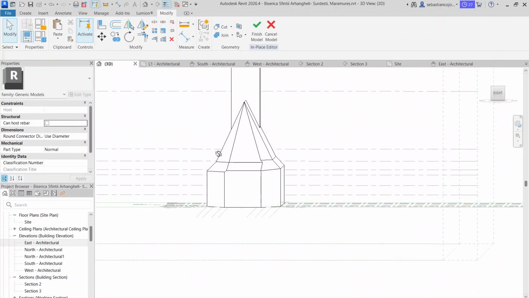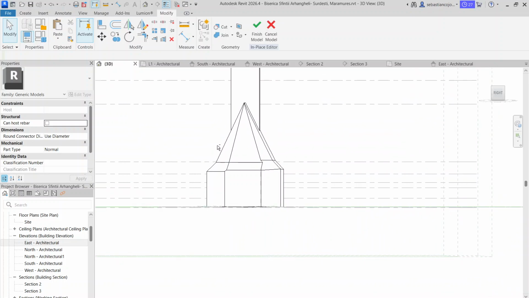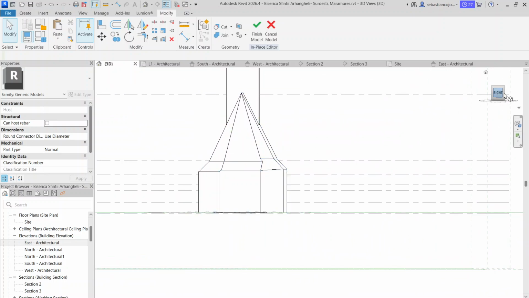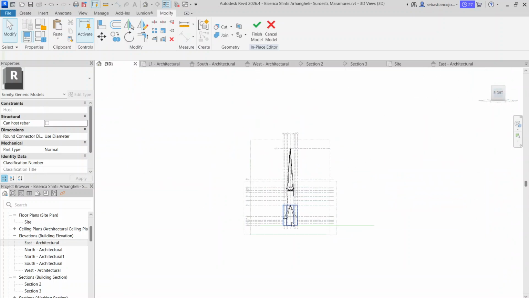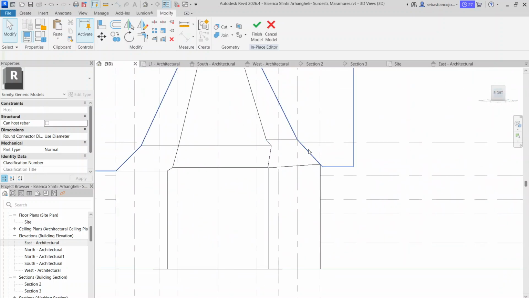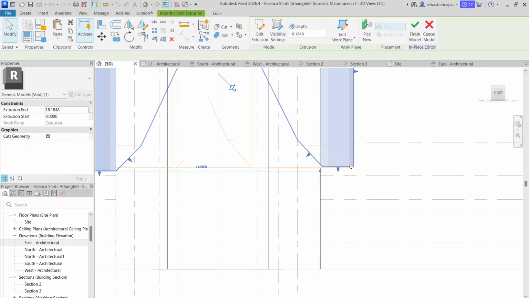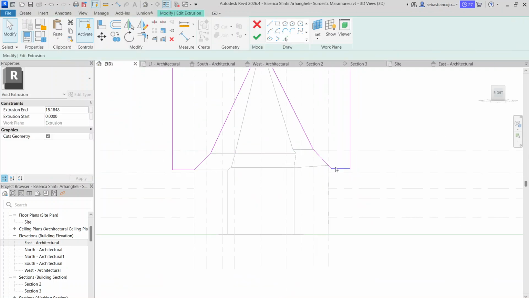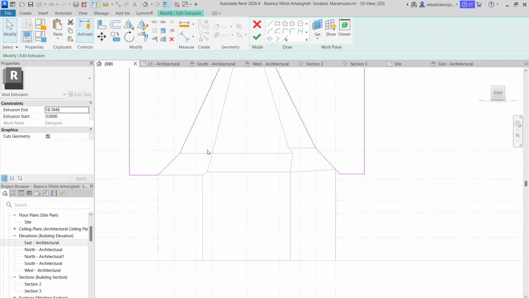Okay, there's a bit of a problem. Right. Yeah, it is because it isn't symmetrical, so